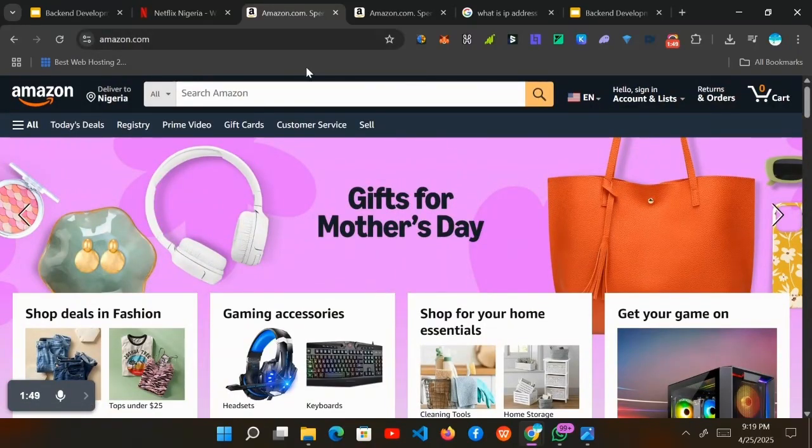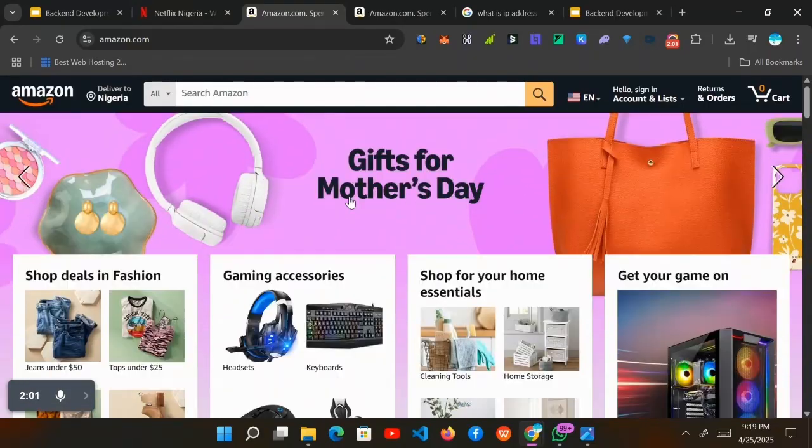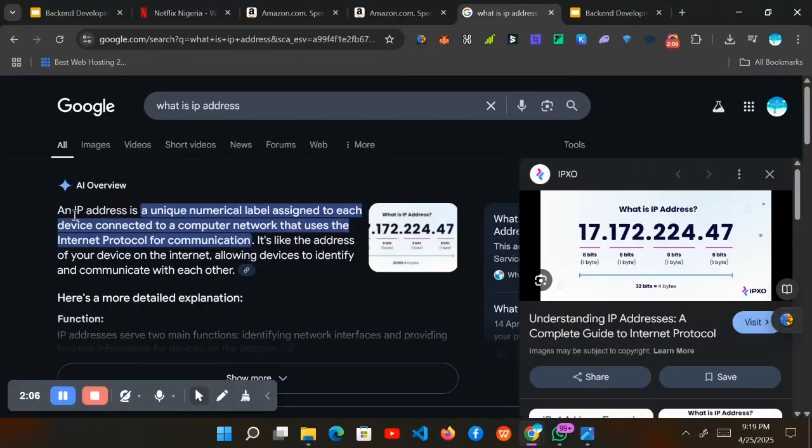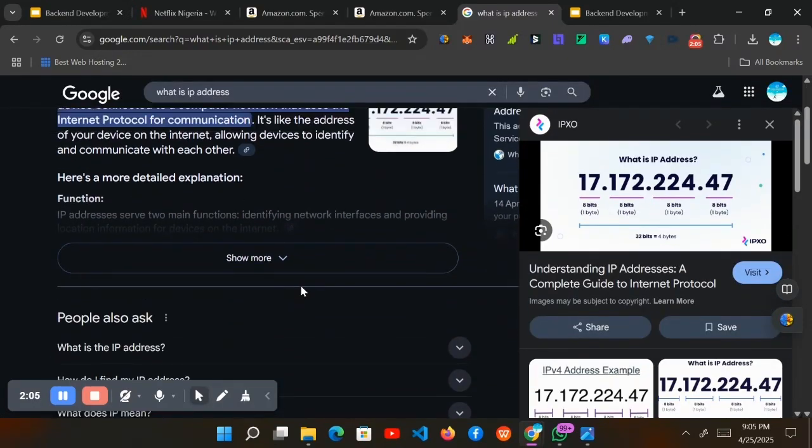Every device connected to the internet, including your phone and laptop, has a unique address called an IP address. We need this to understand what exactly is happening here. Let's head over to Google. An IP address is a unique numerical label assigned to each device connected to a computer network that uses the Internet Protocol for communication. So an IP, short for Internet Protocol, is a unique identity of every device connected to